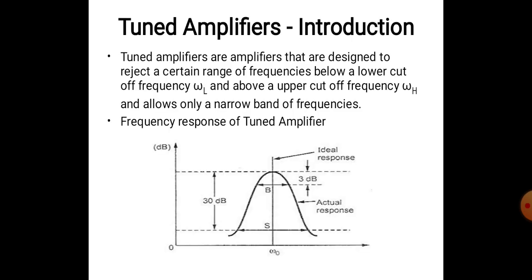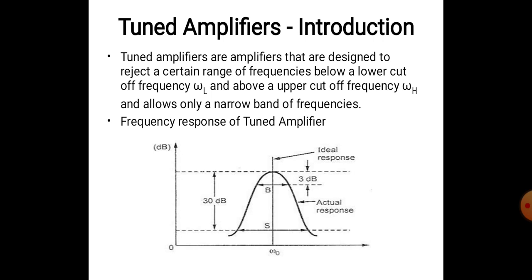And where is this tuned amplifier used? Generally, the normal FM, what we are using in a radio or a phone, uses a tuned amplifier for selecting a particular range of frequency signal transmitted from the radio station in order to hear the signal. So the basic application of tuned amplifier is nothing but FM. Now let us see what a tuned amplifier is and what the various types of tuned amplifiers are in detail.